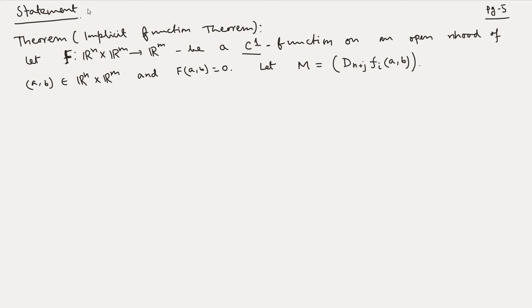Therefore this is a matrix of order m cross m. So M is the matrix given by this expression. So now if determinant of M is not equal to 0,